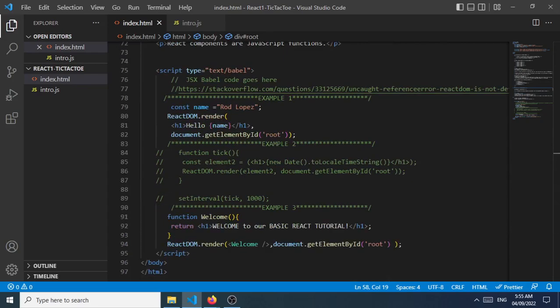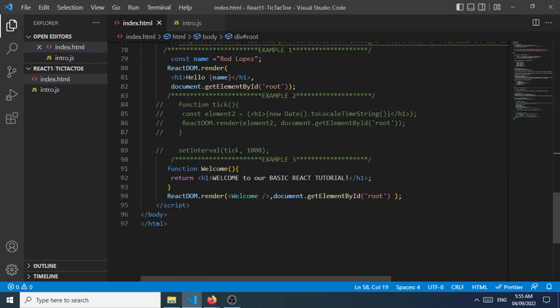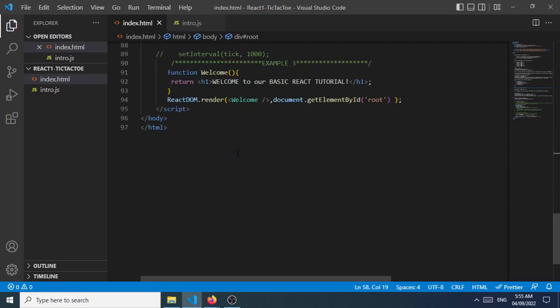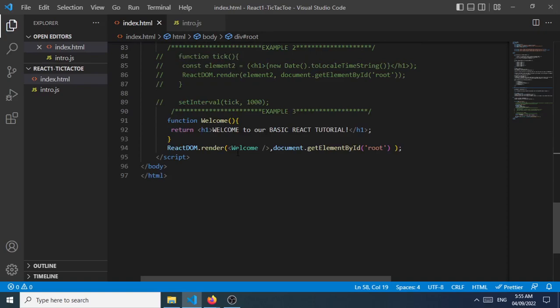So that's basically what the components are. These are just simply functions that we utilize to manipulate the div or root element content, and we are trying to render some values, in this case an h1 element with the following content, onto our browser. Okay,